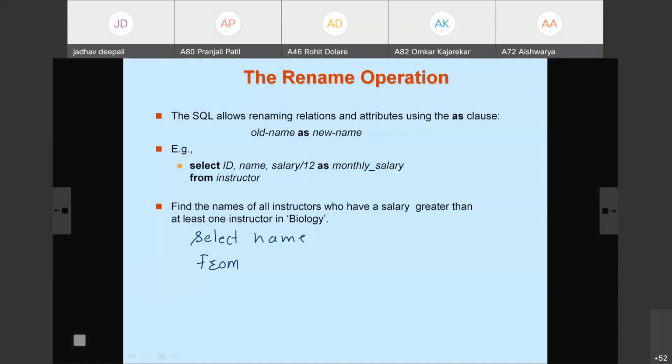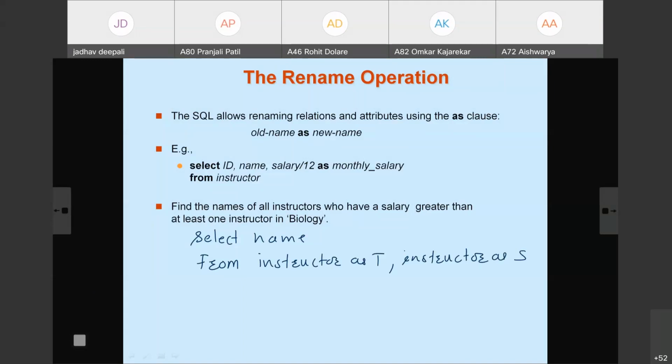Now we need to compare instructor with instructor, the salary of instructor with the salary of instructor, and that's why from instructor, the first instructor I call T, and the second instructor I call S. I have renamed the instructor relation as T and S. So the name of the first relation is T and the name of the second relation is S now.